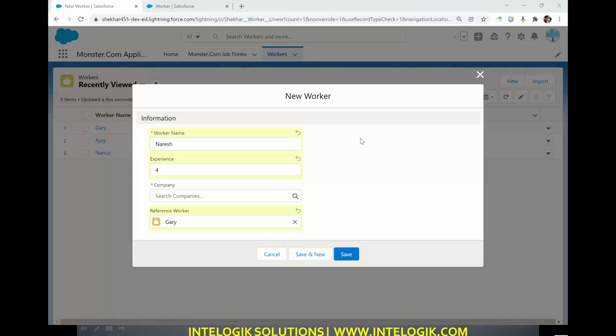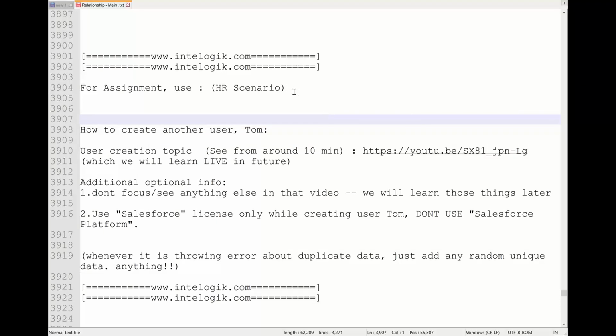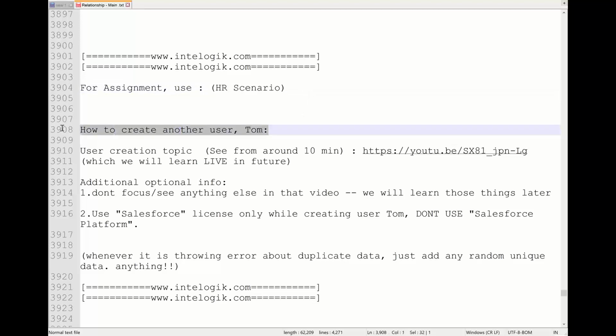Now please note here, for the assignment, I will be sending you the hierarchy relationship scenario, where you need another user, Tom, to make your manager.